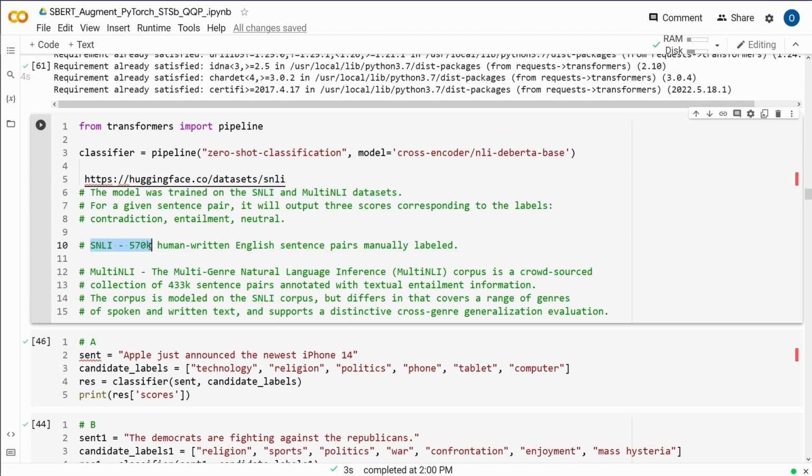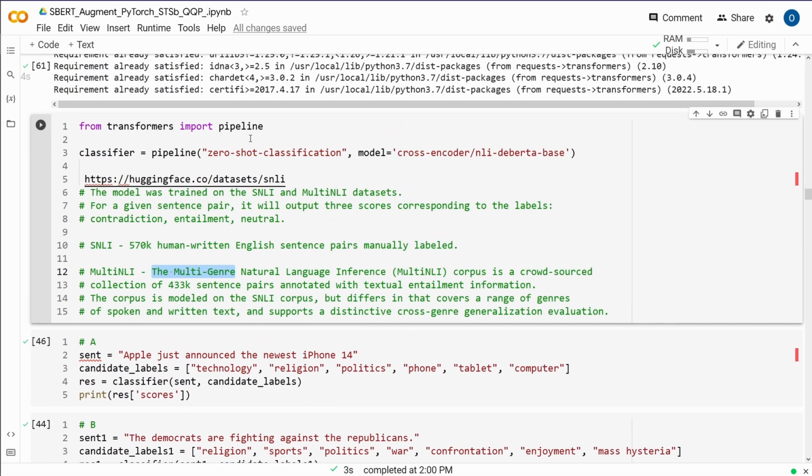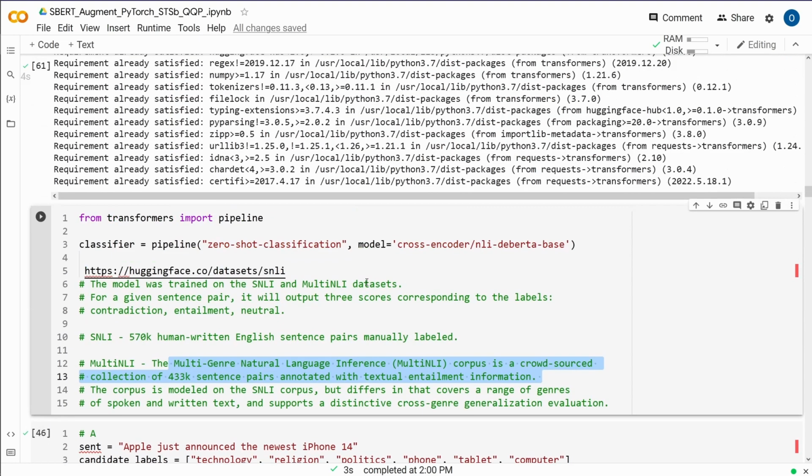Now, the SNLI we just had a look at has 570,000 human-written English sentence pairs manually labeled, and the multi-NLI is multi-genre, and this is important if you have different domains, like physics, chemistry, mathematics, politics. Multi-genre is always good. It is a natural language inference corpus, a crowdsourced collection of 433,000 sentence pairs annotated with textual entailment information. So we take both of these corpora, and we have close to 1 million sentences,